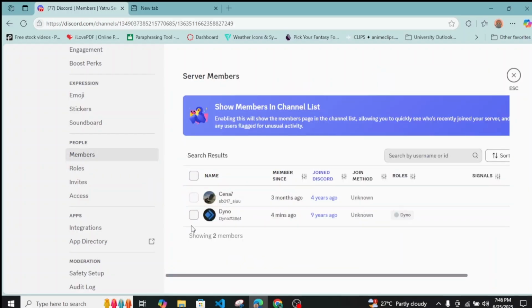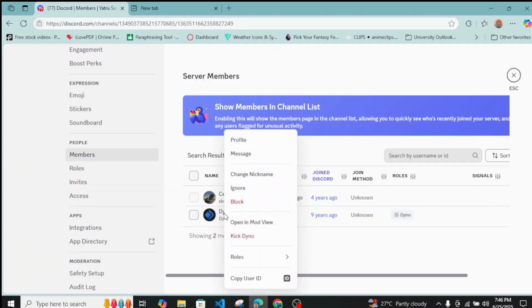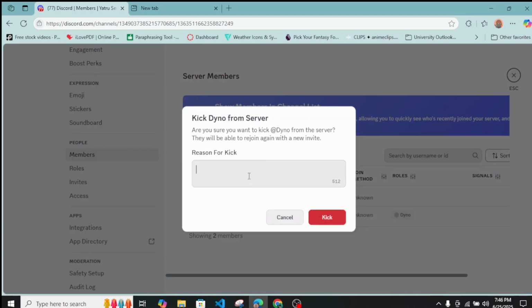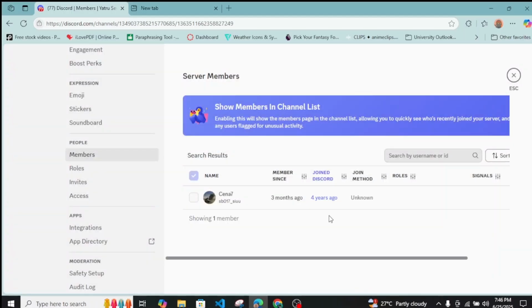Once inside here, you can see there will be shown all of the bots which you have added. You should see all of the bots available over here for your members. So I'll just right click on that particular bot which I want to remove. All you have to do is just click on kick that particular bot name, and you can also give a reason for it just like this, and simply click on kick. So just like that, you have successfully removed any bot from your Discord